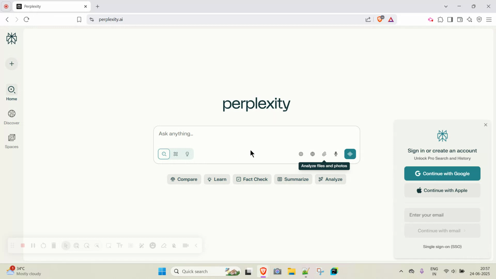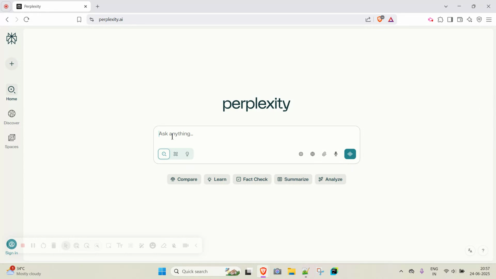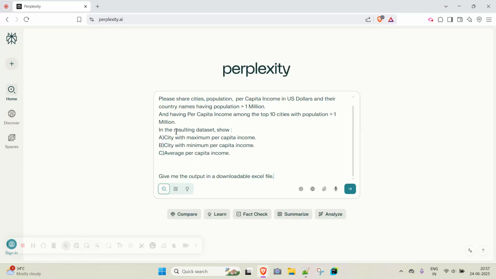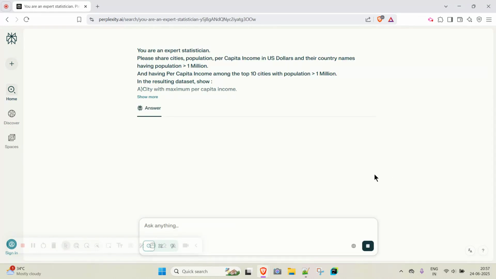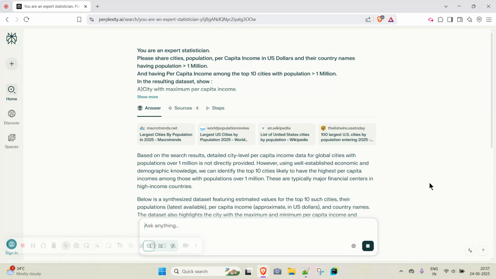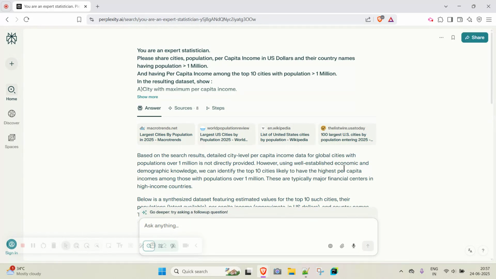Not going to say anything about comparison mode. Okay, so I will copy my prompt here. Let's quickly do it. Okay, so I will not say I'm going to promote it, but I think it gives a fairly good output.